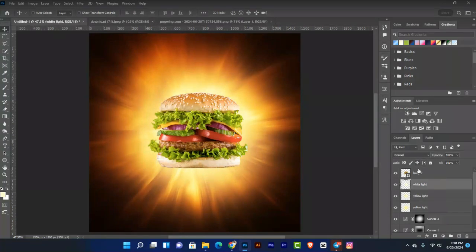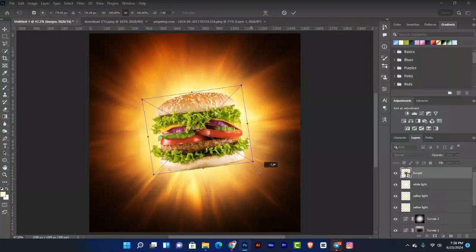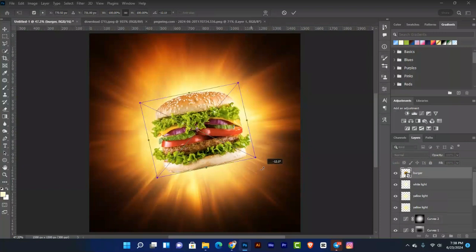Now the next thing I'm going to do is I'm going to rotate my burger. I'll press Ctrl T and rotate it. Okay, I'll just tilt it to the left just like this. Okay, so our burger is zooming out, coming out from here. All right, like I said, there are a lot of reasons why I'm doing all of this, but because of time,